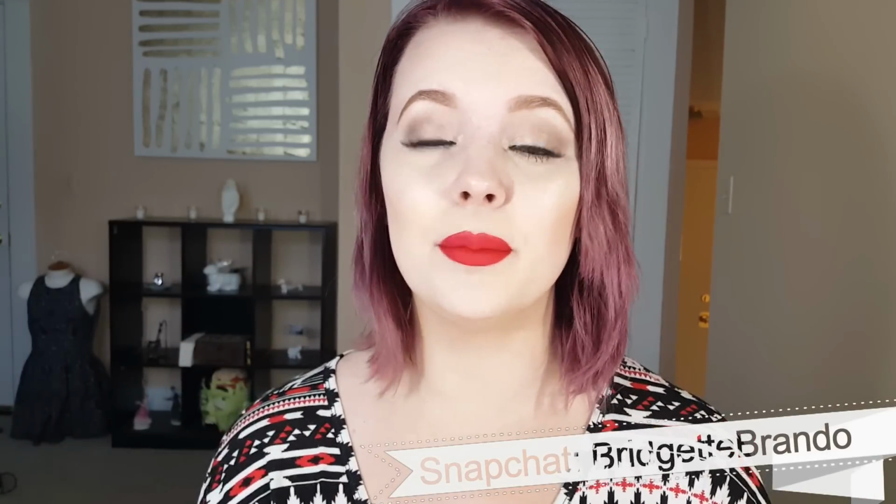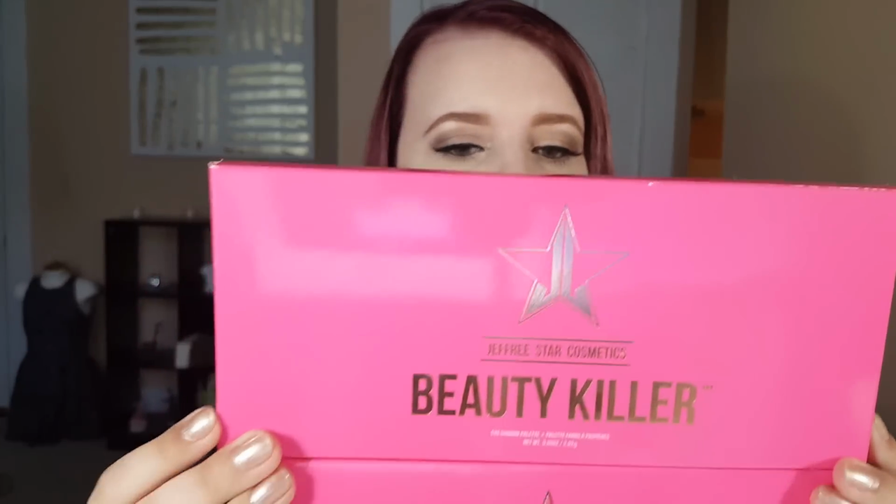Alright, you guys, so for the actual palette, I'm going to be doing a down shot so you can see everything perfectly clear, but for the boxes, I'm just going to go ahead and show them to you. Here are the Beauty Killer boxes that they both came in. So you can see that they're very similar. The Jeffree Star actual box is the same size as the fake one, and the only difference with